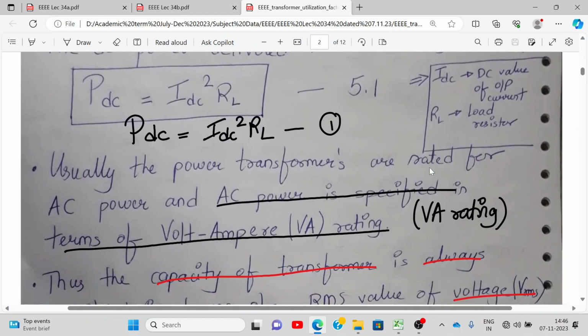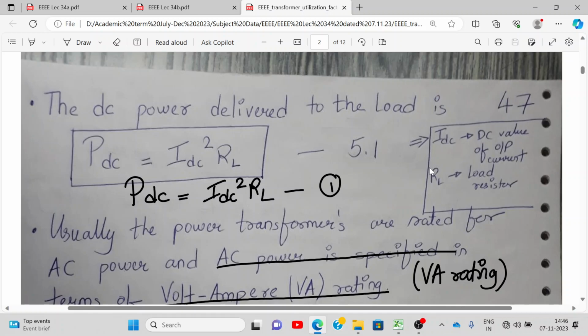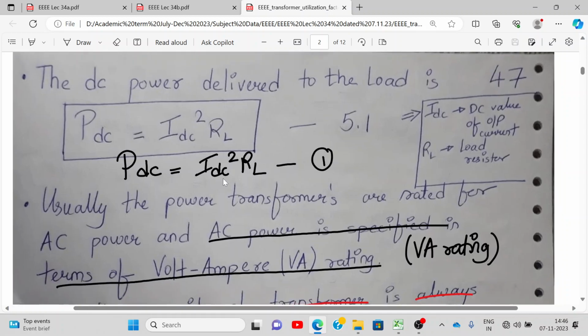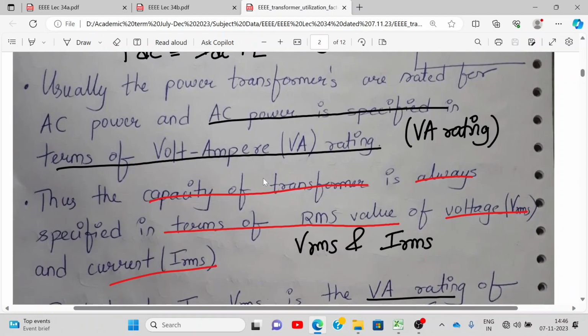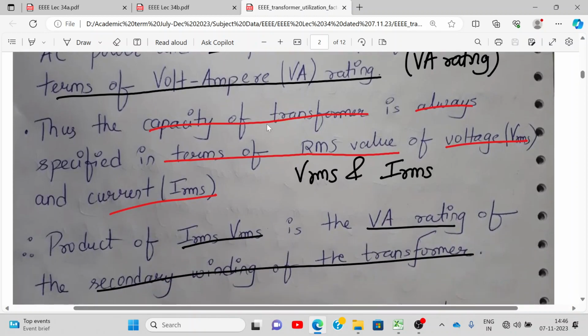Okay, now just listen. The DC power delivered to the load will be PDC, IDC square into RL. Can you see these black color things which I have written? Do you know what is the VA rating of a transformer? In a transformer we have AC voltage represented in terms of volt ampere rating. If you go to the market and ask for a transformer, they will ask for VA rating. So the capacity of the transformer is always specified in terms of RMS value, that is IRMS and